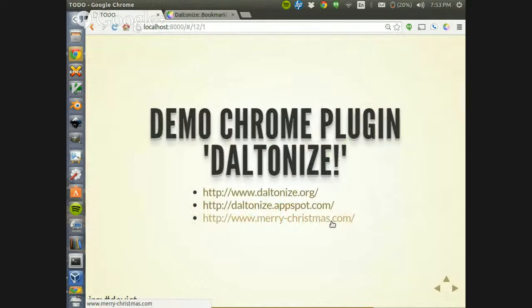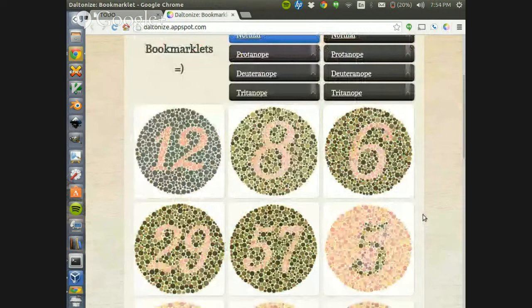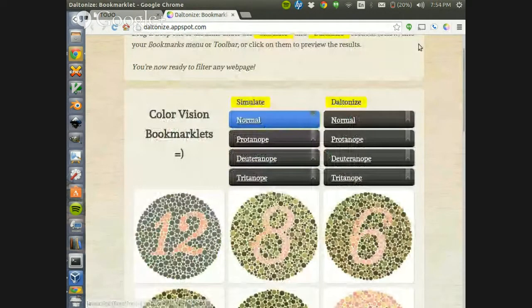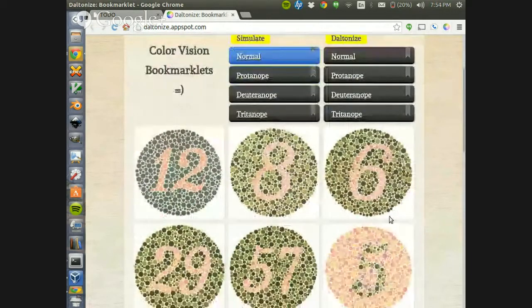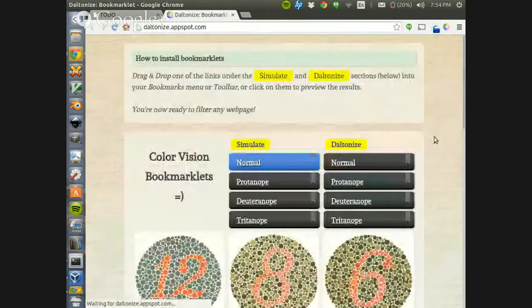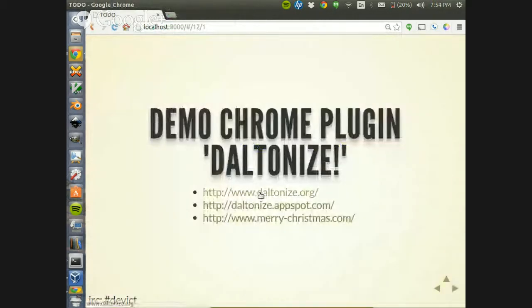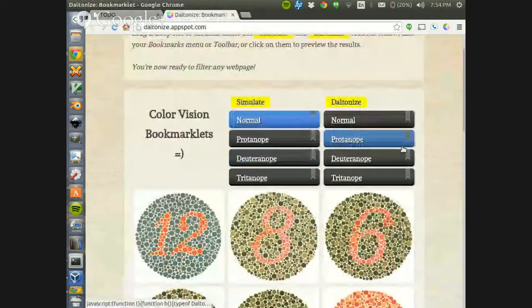What was it supposed to do? This plugin is supposed to simulate on this page what this might look like to someone with, I think I have it set to the red-green color blindness. And actually, if I refresh, it doesn't toggle. You refresh to turn it off, which is something to note. Or apparently it's not going to. Let's try that again. But this one actually gives you bookmarklets.